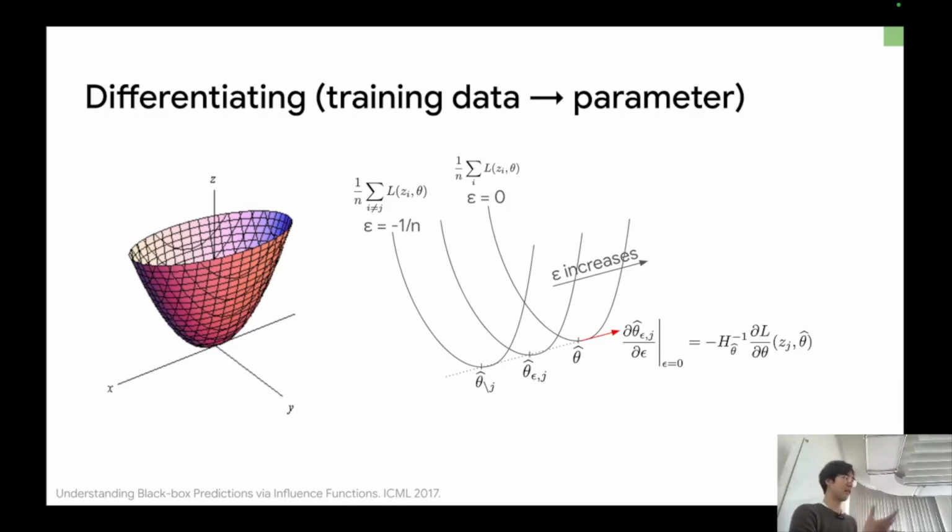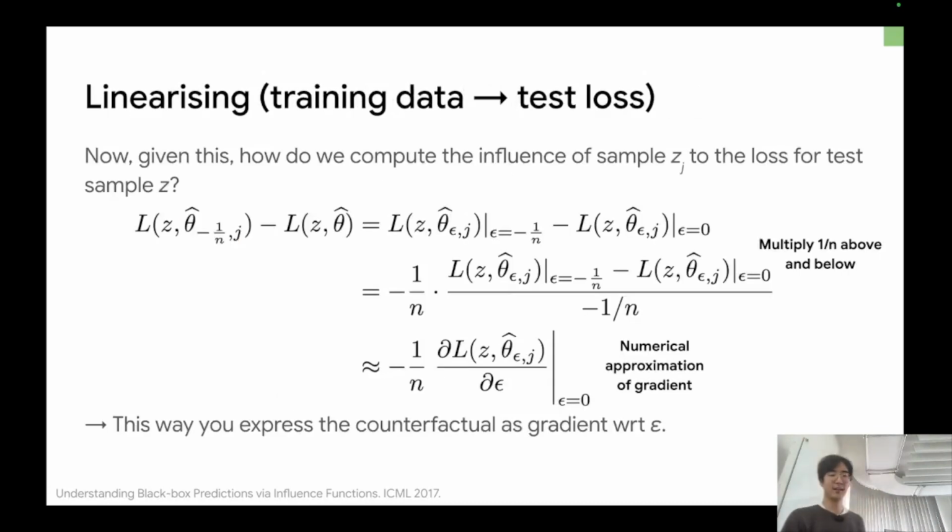Right. This is analogous to being able to approximate a differentiable surface with a tangent plane. So that's a first order approximation of a loss surface. And now if you consider the Hessian as well, you can approximate the original loss surface with a paraboloid, which is a generalization of a planar approximation, actually. Anyways, so once we have this characterization of the theta hat change as epsilon changes,